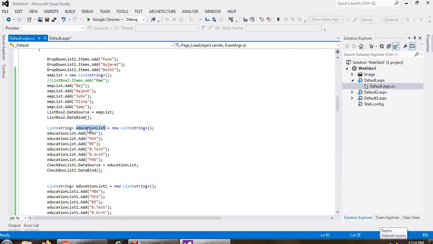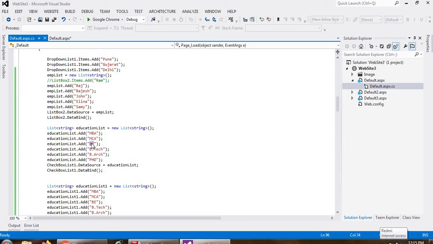Then educationList, this is my variable or object, you can say, and new List<string>(). Then with the help of the object, I can add a number of items, like educationList.Add("MBA"), then educationList.Add("MCA"), educationList.Add("BE"), like this. Like this I can insert the values.